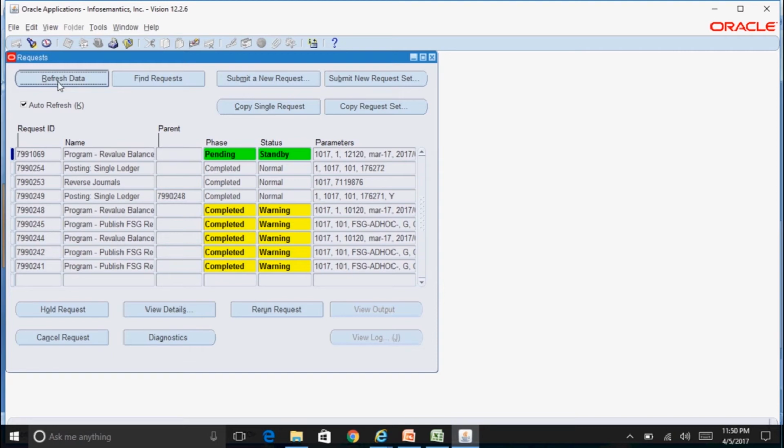So once this particular program is completed, you can check that a revaluation journal will be created by the system. I'll also show you the calculations, how the system has derived that revalued amount. It's taking a while.